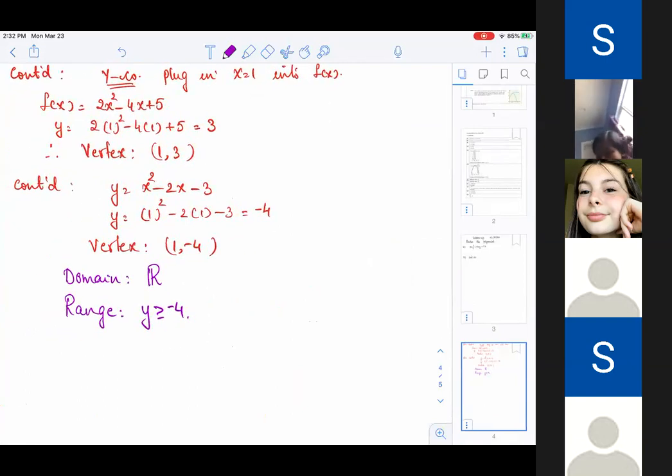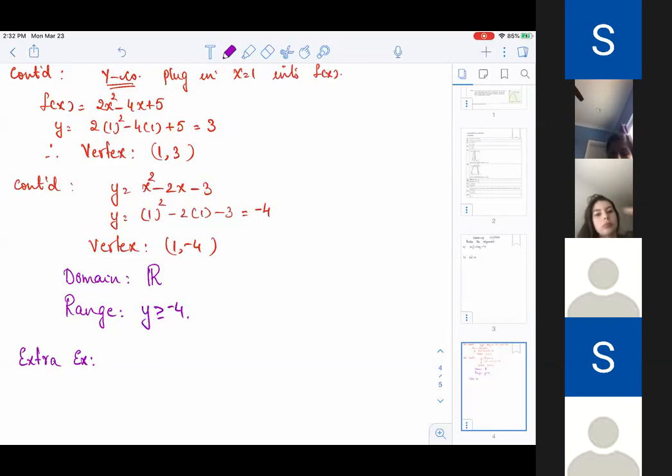Okay. I'm going to add an extra example. Let me take out the textbook, wait. Okay, so let's see, we are on 8.3. Okay, write it down. K of x is equal to